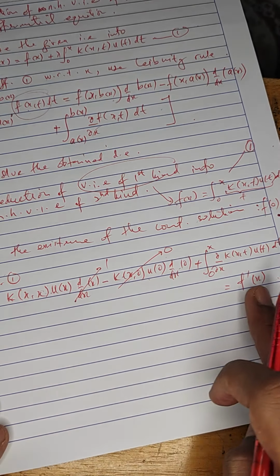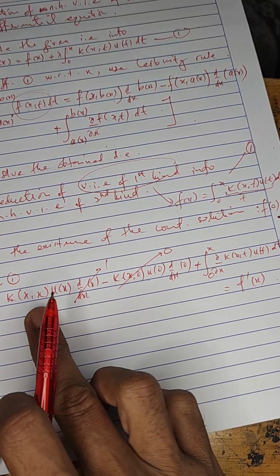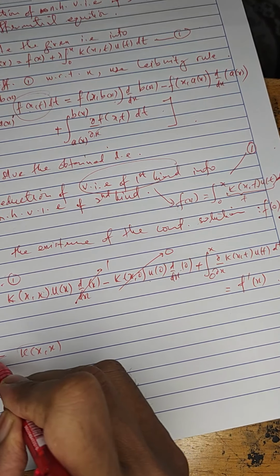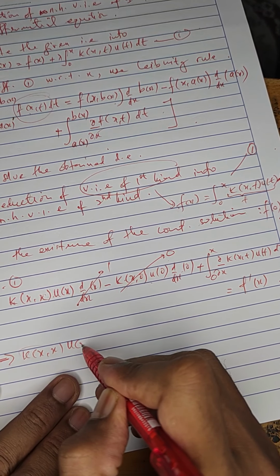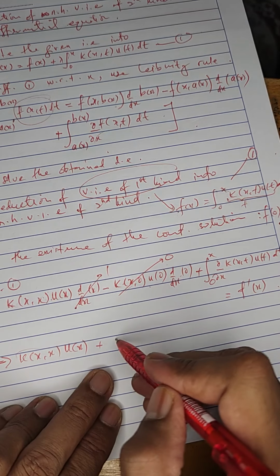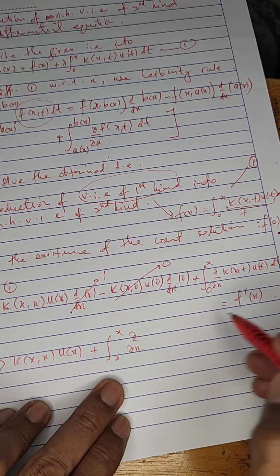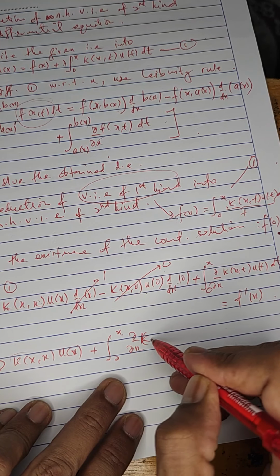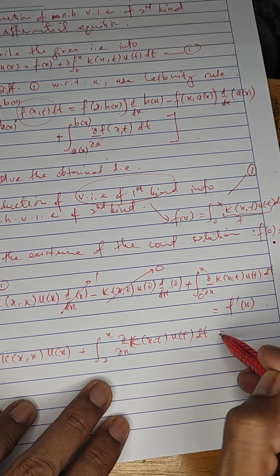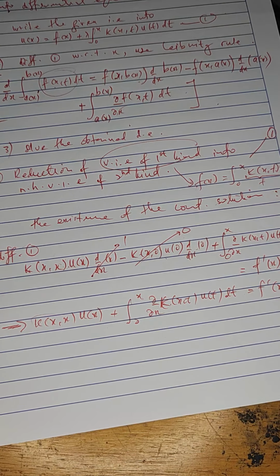Alright, so what is left is that we have k(x,x) u(x), plus the integral from 0 to x of del x, k(x,t) u(t) dt, and this is f prime x. Now from here, the